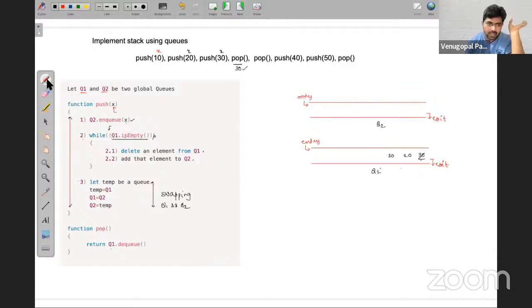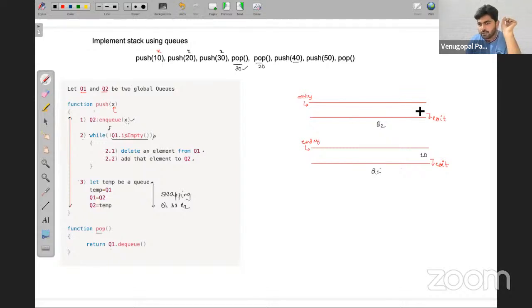Next operation is again pop. Now again for pop, directly you can return q1.dq. So delete this element and you can just return it here. Yes, very good. Next operation is push 40. Now see friends, these two elements are gone from the stack. Now no more, right? Now the next deleted element is going to be 10, because it is at the exit, right? So it will move forward. So this is the next deleted element, 10. But meanwhile, we had one more push operation, that is push 40. Again, the push operation is this code. First, you add an element to Q2.